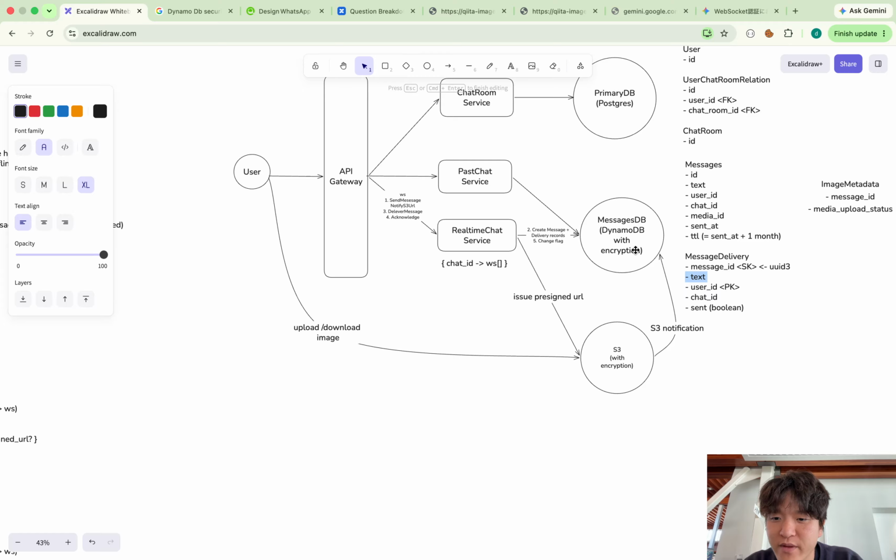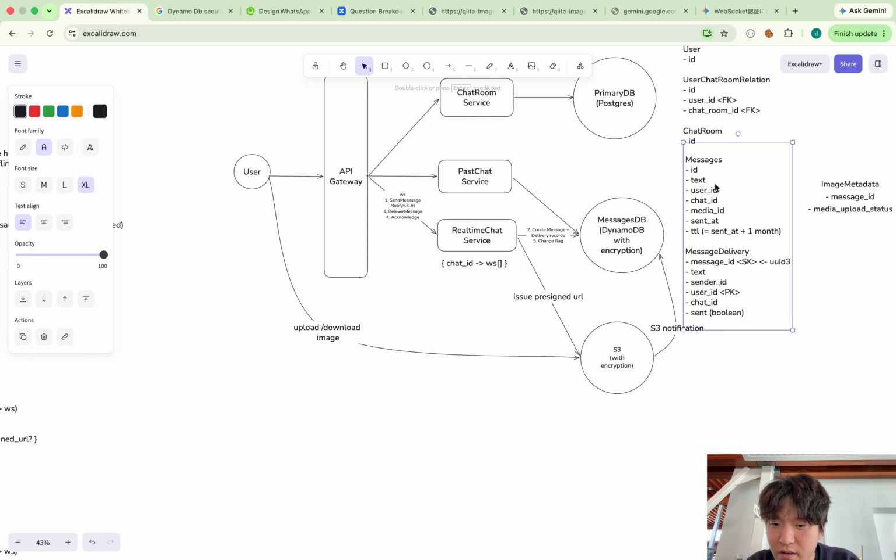So when the message is sent, it doesn't have to look at the messages table. The text is here, and maybe the sender ID is here. So we can use this redundancy in message delivery, and in that way we don't have to access the messages table when we send the message.